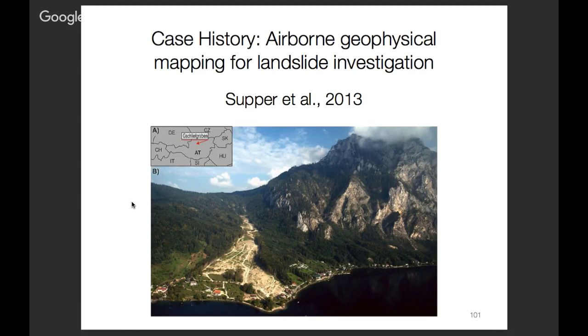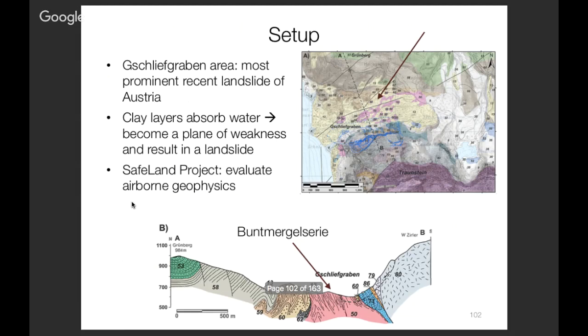landslide in Austria, and it caused considerable damage. And what they're really interested in is to see if they could use electromagnetic geophysics to get some information about what's there. So they had developed their own system. It's a frequency domain system, and it was an opportunity to look for clay layers which absorb a lot of water and could therefore cause a problem with respect to